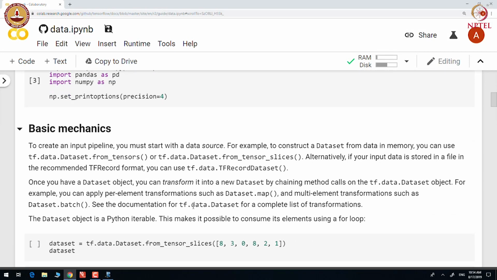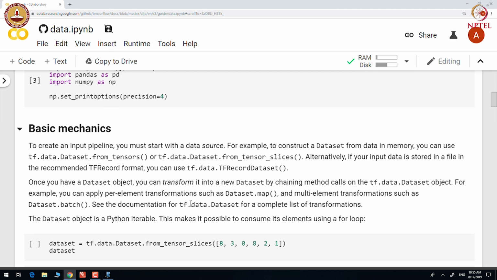Let us try to understand the basic mechanics of the data source and how to create the input pipeline from the data source. So, what we will do is first construct a data source based on data that is in memory.